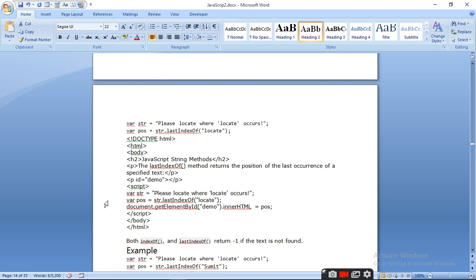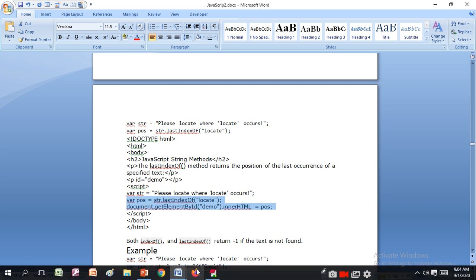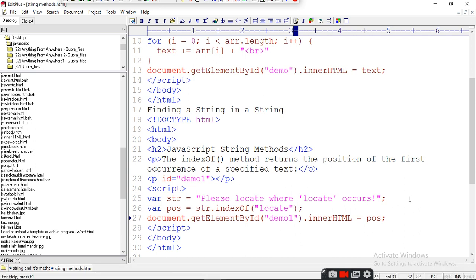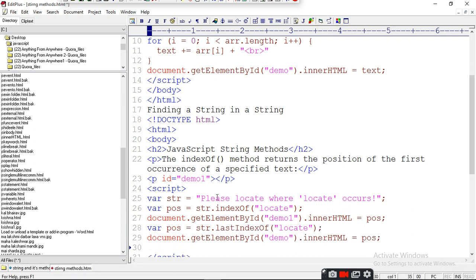Here you have to write a variable position, Control C, and write here position 1.